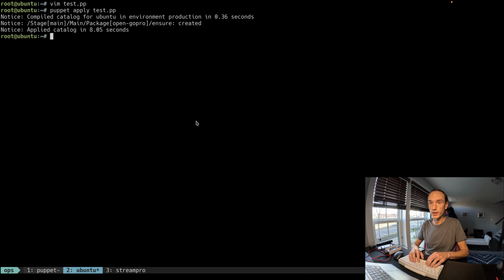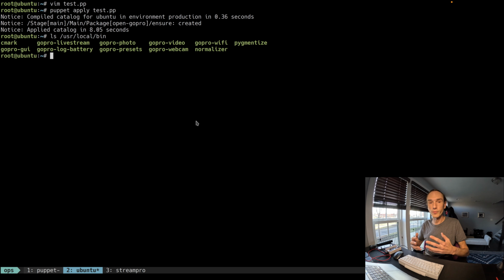And we can confirm that by looking at the file system. If I list user local bin, now we see all of my GoPro commands, including my GoPro live stream, my GoPro video, GoPro webcam, all of these commands that let me interact with my GoPro.